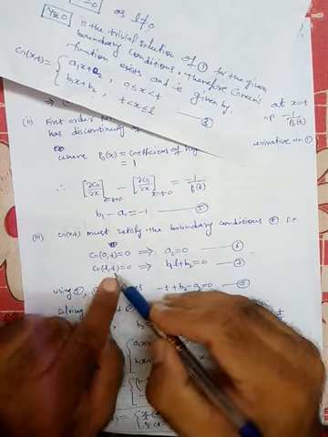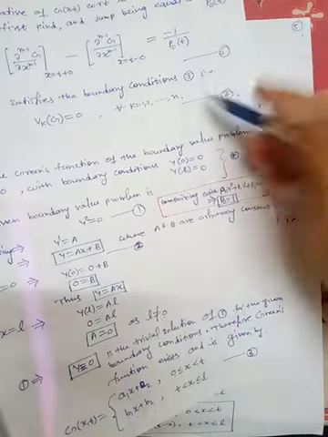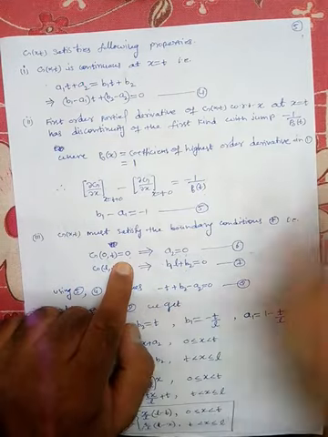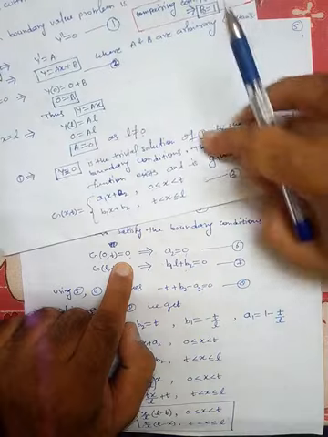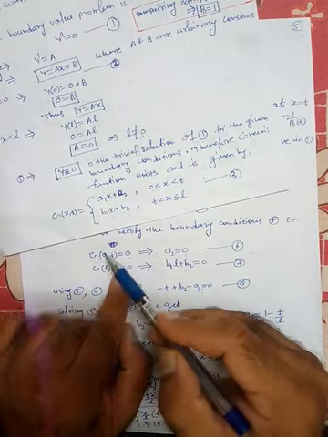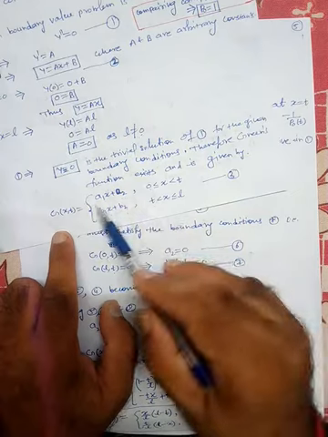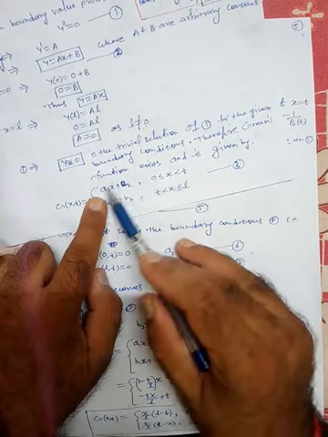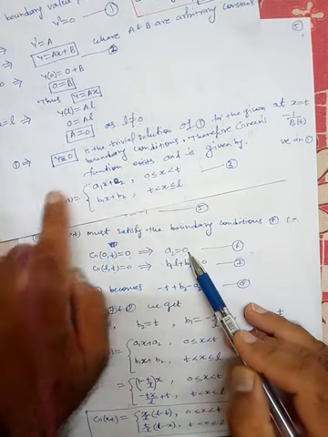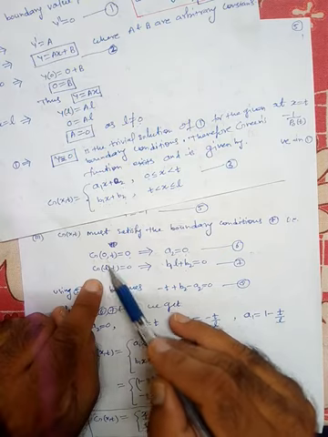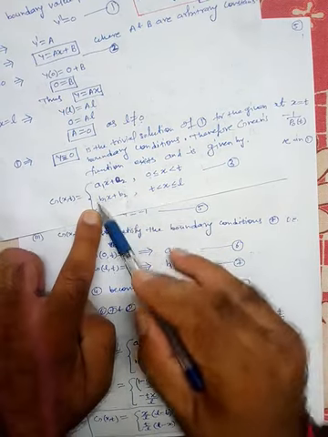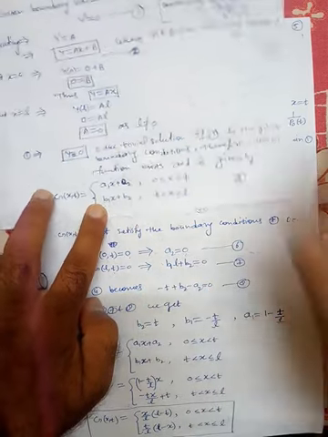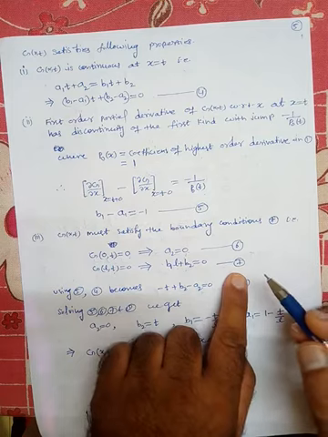So G(L,t) is equal to 0. Now, G(0,t) is equal to 0. What is your G? G is this. When you put x equal to 0, it means this function, in this branch, so we get only a2. So a2 is 0. Similarly, here x is L, so we have to consider the second branch. Put x equal to L here, so b1 L plus b2 is 0. So we have the 6th and 7th equations.